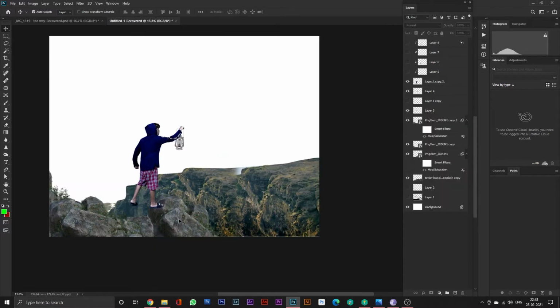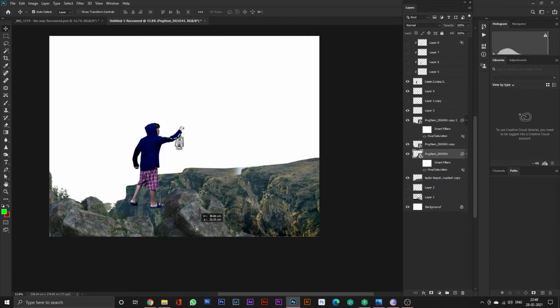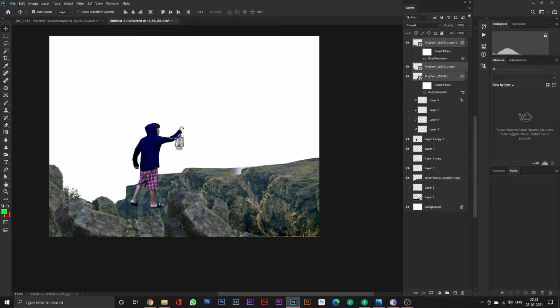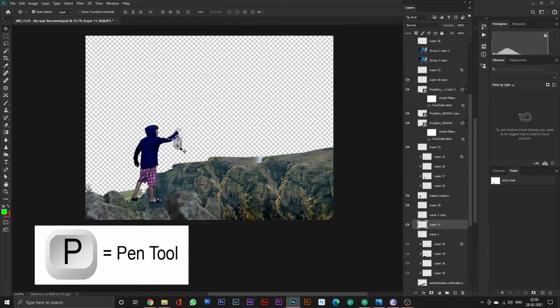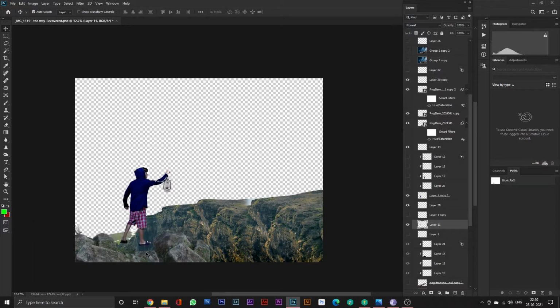Then I took some more rocks from PNG items, which you get as PNGs already, and set them behind the image. Then I again did the same properly. I adjusted the full images using the tool.